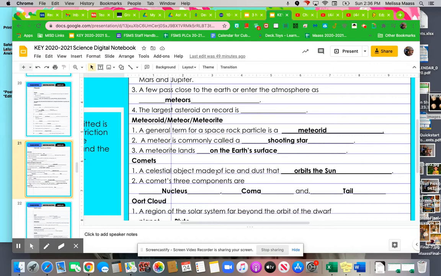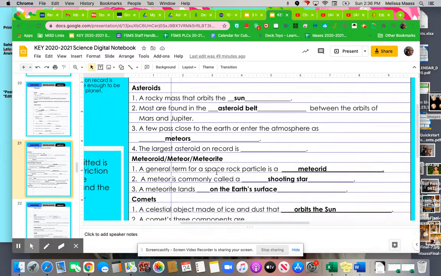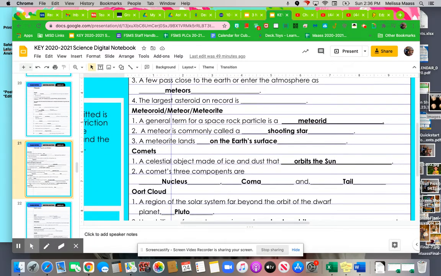meteors, and meteorites are all the same thing, essentially, but they're called different things when they go into different parts of the atmosphere. When they're just floating around in space, it's a meteoroid, similar to asteroid. Then as it enters Earth's atmosphere, it's a meteor. When it actually hits Earth's surface, it's a meteorite, and it can create craters at that point.